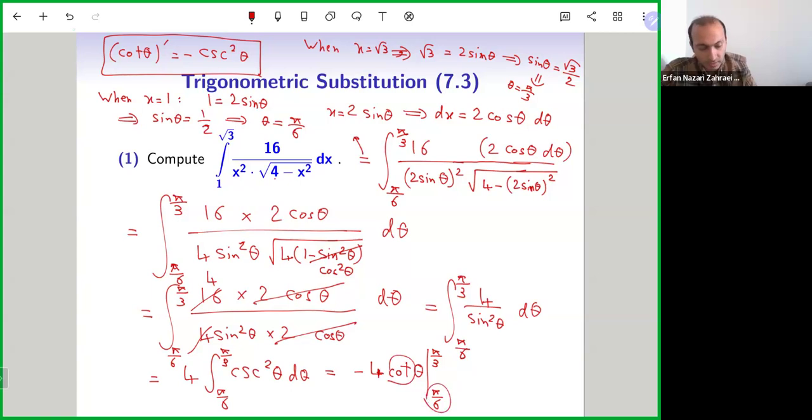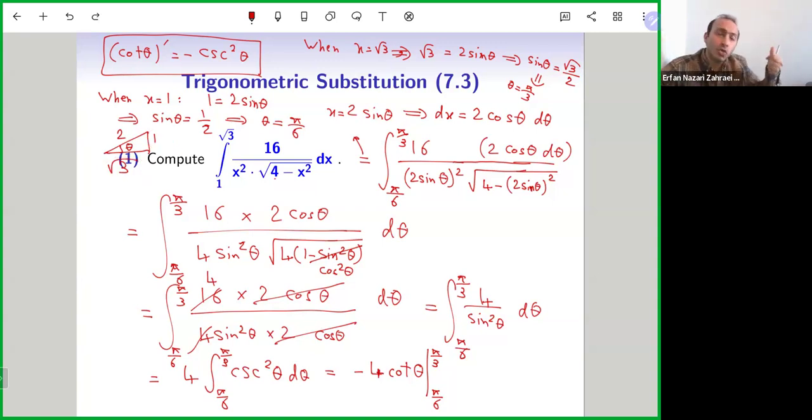for example, cotangent 30 degrees is that, or you can create a reference triangle out of this, which is a triangle where opposite is 1, hypotenuse is 2, and that's theta. And then you can use the Pythagorean theorem to find this, which is root of 2 squared minus 1, which is 3, root 3. And then read cotangent theta from this triangle. So cotangent theta is adjacent over opposite, which is root 3.